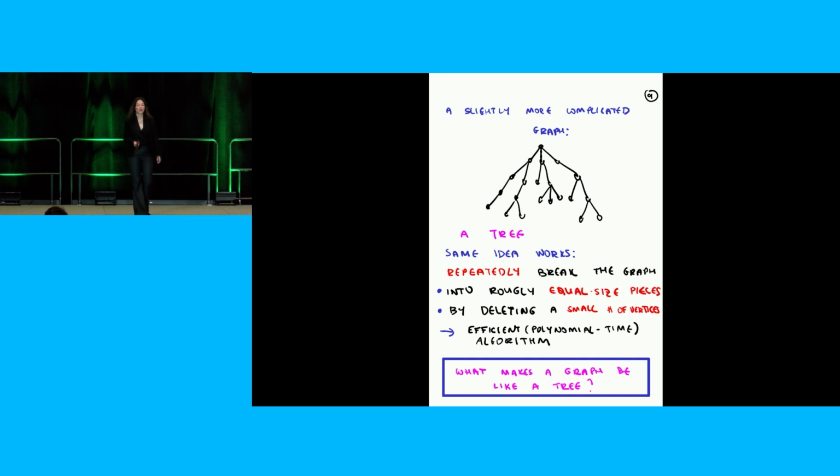It has a root. Now, trees are graphs with no cycles, just graphs that look roughly like this. And it turns out that the same idea works. You can always find a vertex that will break the graph into roughly equal parts. And you can solve the problem on this half and on that half, branching on this vertex, right? So you branch: do you contain this vertex, do you not contain this vertex? You solve the problem on this half and on that half, and that gives you an efficient algorithm to find the maximum weight stable set.